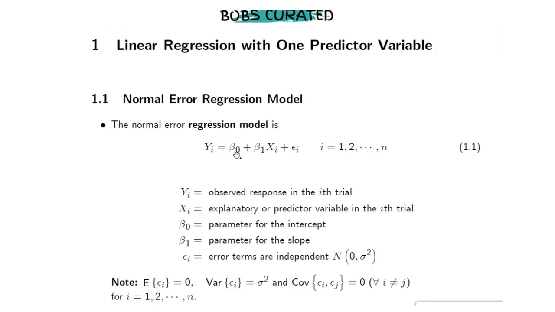Now, apart from that, we also have the two parameters there, the beta 0 for the intercept and the parameter for the slope, the beta 1, and then we have the response variable as well as the independent or the explanatory variable. Very often they also call this the predictor variable. Now, to summarize once again about the error term, this random variable over here, there you can see the expected value is going to be equal to 0, the variance is equal to sigma squared, and the covariance is equal to 0. If the covariance is equal to 0, we know that they are independently distributed.